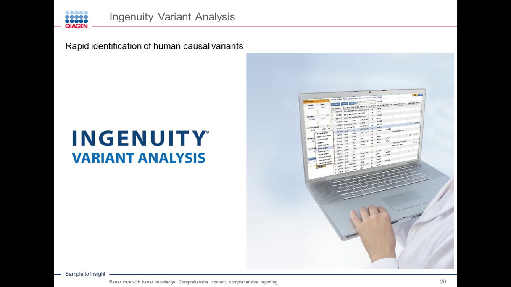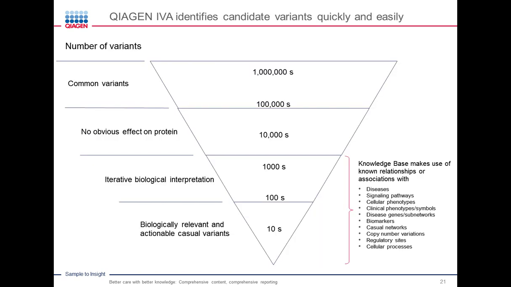Next, I want to talk about Ingenuity Variant Analysis, which is really a tool to rapidly identify the root cause of a specific disease or phenotype. Now that folks have started sequencing whole exomes and genomes because the cost of such efforts is much reduced, we're starting to see a lot of folks using whole exome and genome to try and diagnose rare diseases, undiagnosed diseases, looking across not just the affected individual, but maybe in a trio where you're looking at the affected individual and their parents.